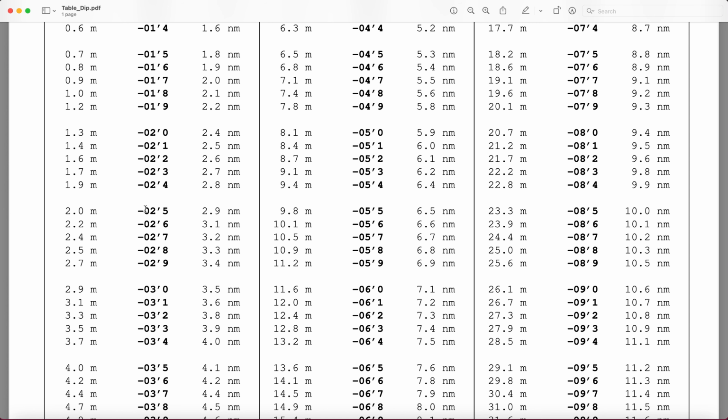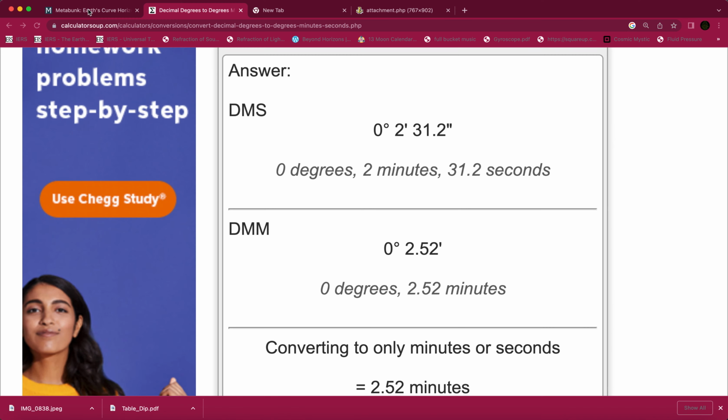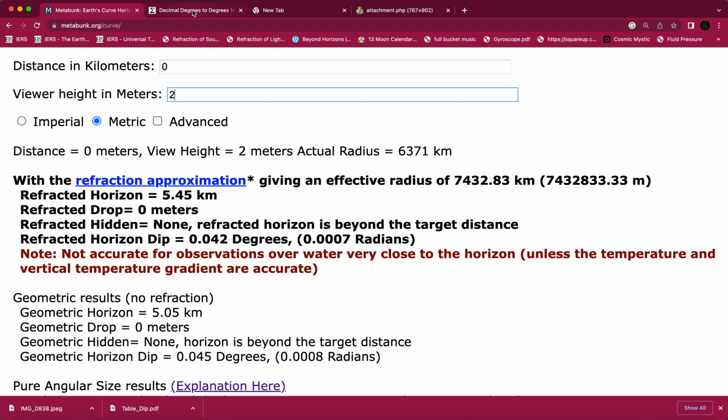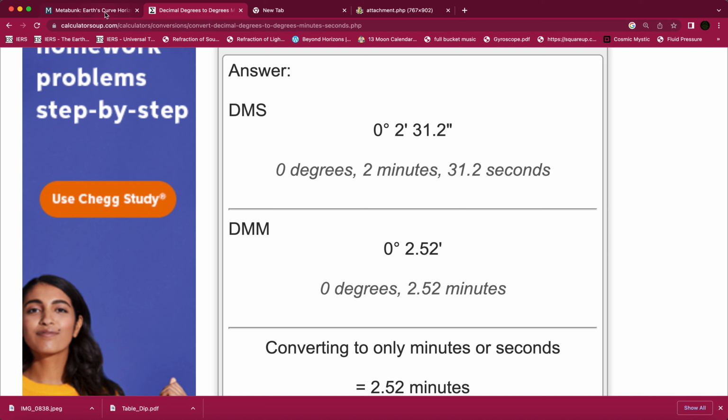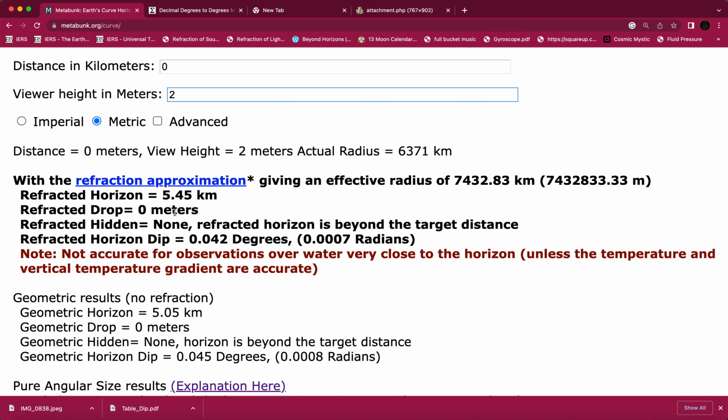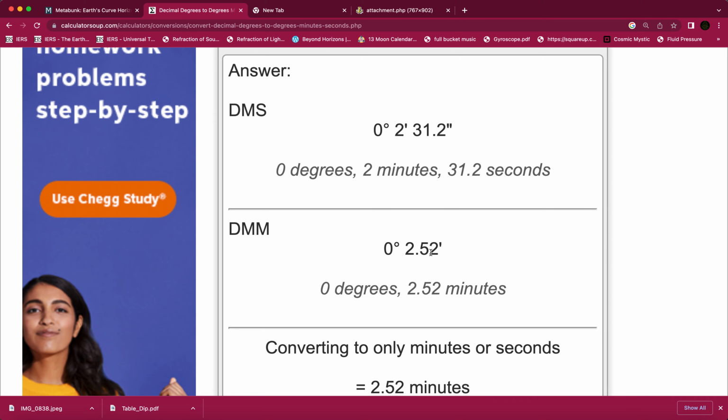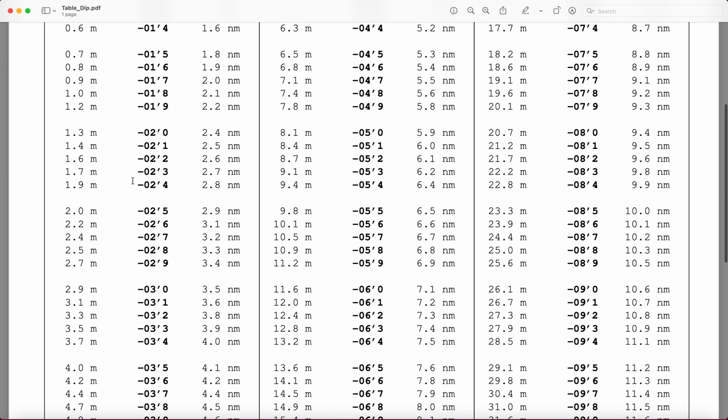2.5, right? So if we just go back here a second. After we calculated 2 meters using the refracted horizon, we got 2.52, right? And the correction tables are 2.5. So the globe's refracted horizon is trying to match the celestial navigation height of eye correction, right? So it just shows that it's all back calculated. All their nonsense, their standard refraction, all this is back calculated from reality, as this is based on, right,